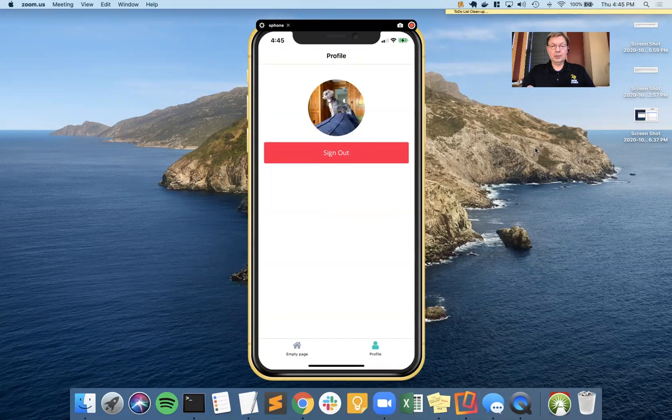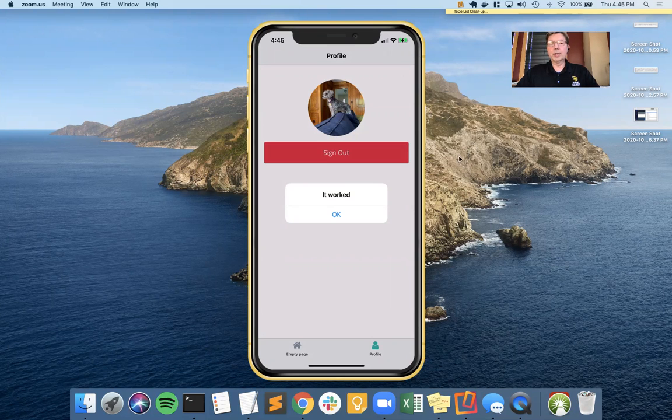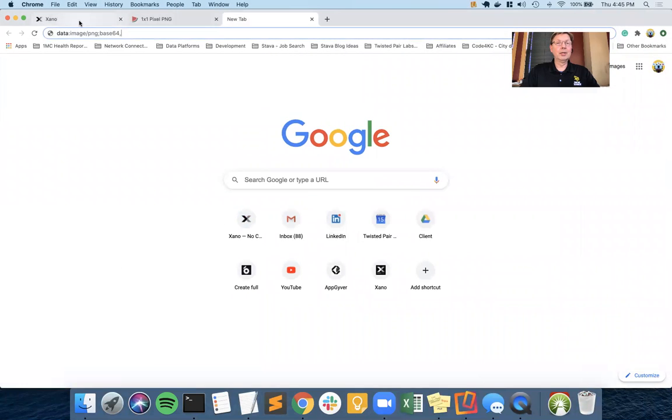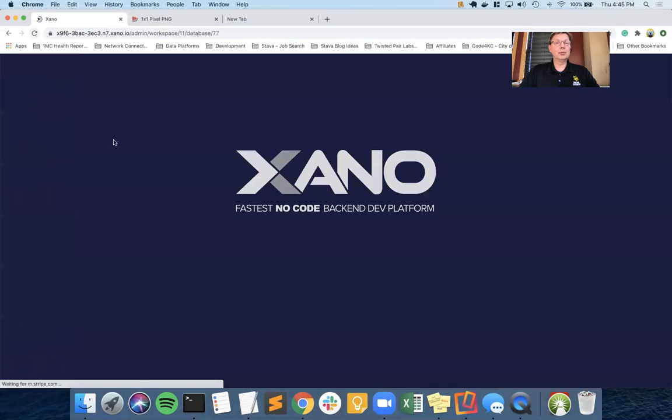it's going to take a second, and the reason for that is that the base64 encoding takes a while, and the upload takes a while, because that is iPhone XR full image, and we're going to take care of that next, I think. AppGyver has a great compression flow function that will reduce the size of this image because it doesn't need to be as big as what it was. But that being said, some level of excitement, very potentially, because when we go back to Xano and refresh this,